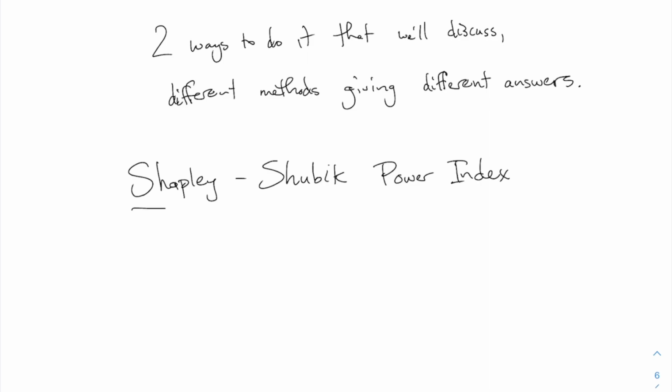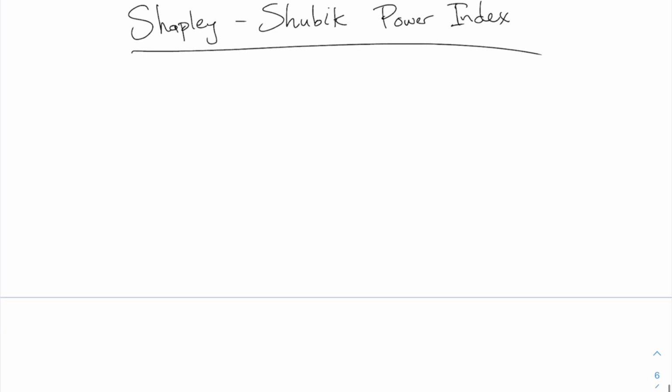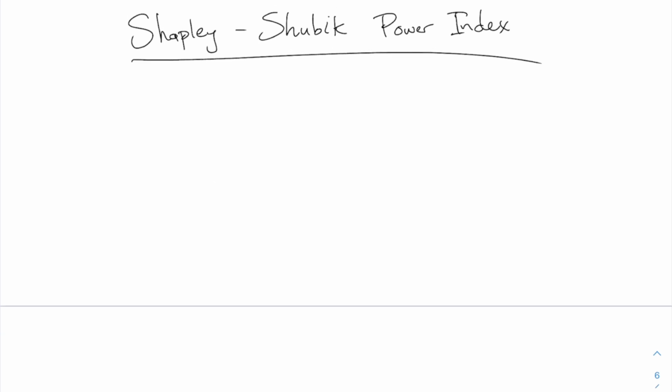This was invented by these people. Shapley and Shubik are two people's names. I don't really know anything about Shapley and Shubik. But they came up with this method by which you can measure how powerful each one of these different voters are. And the basic idea behind this is